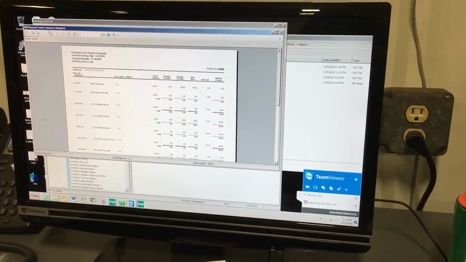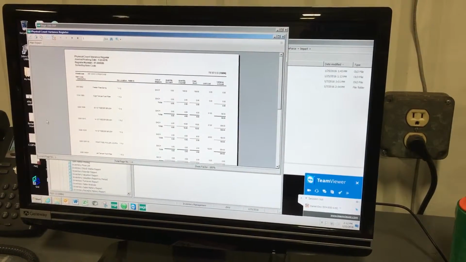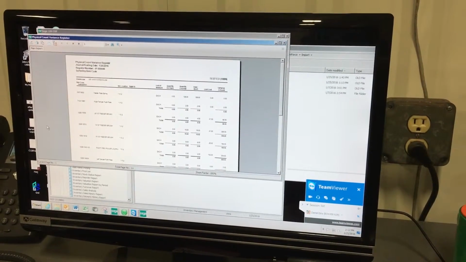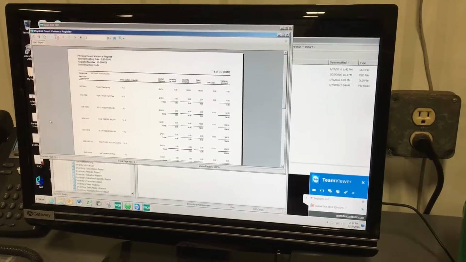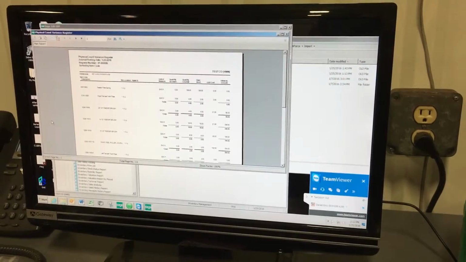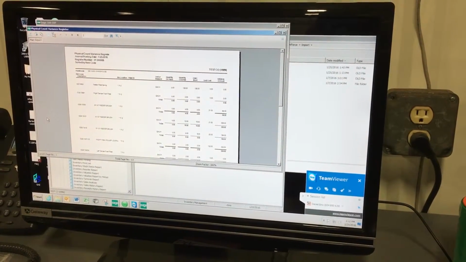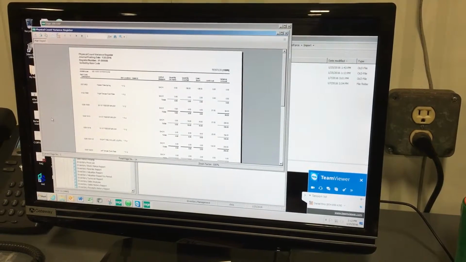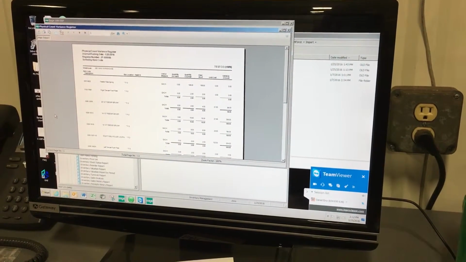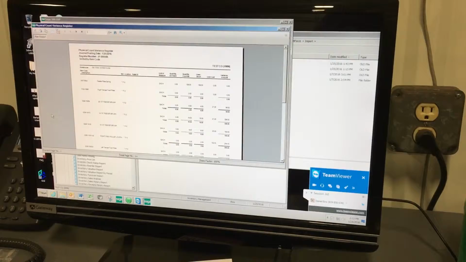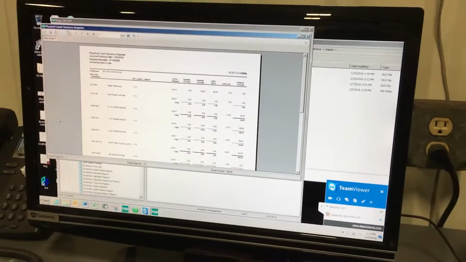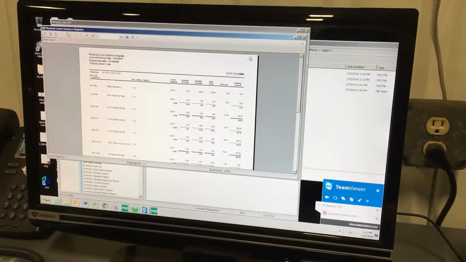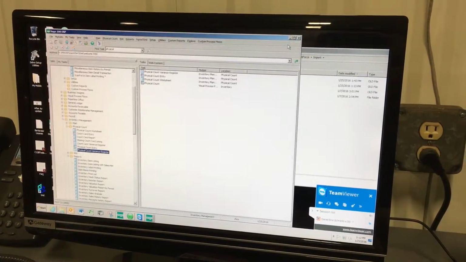There we go. Oh, I see. Quantity counted. So this report, I don't know if this is the one that you're looking for or not, but you can customize this report. Your reseller can customize it to give you what you want on the report. Right, because here's what I found out. So I didn't have to use this one